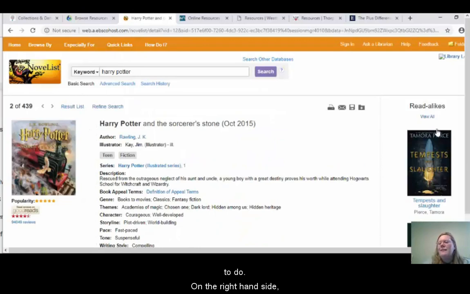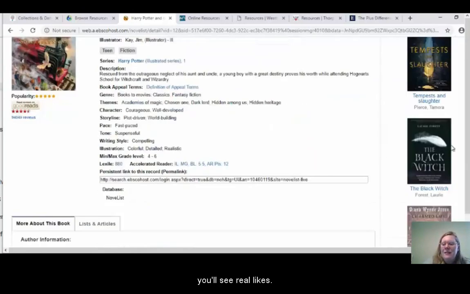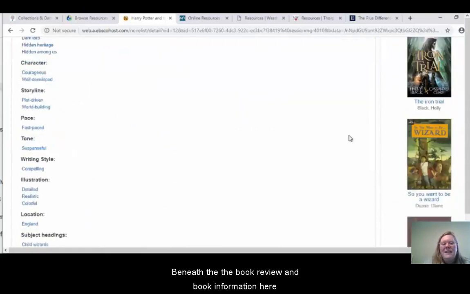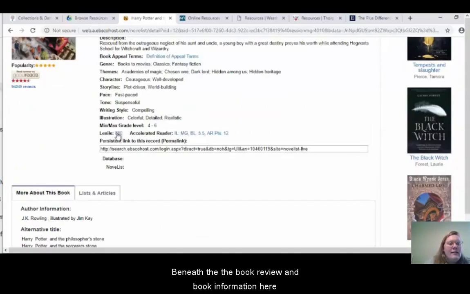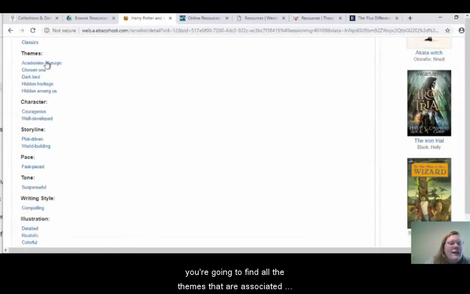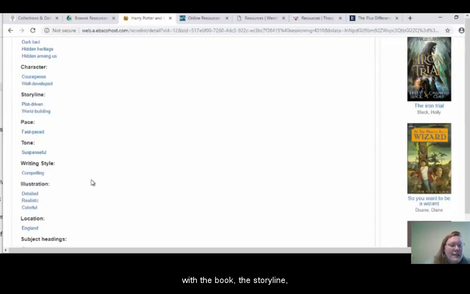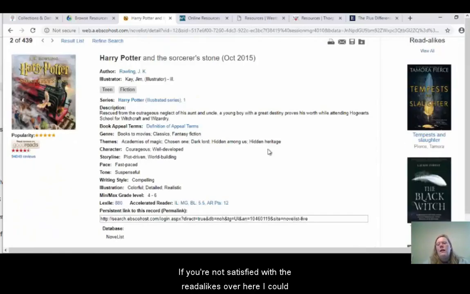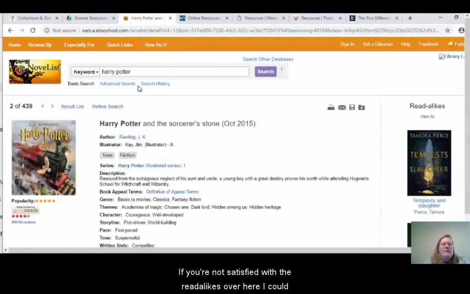On the right-hand side, you'll see read-alikes over here. Beneath the book review and book information here, you're going to find all of the themes that are associated with the book, the storyline, the tone, the illustration type in here, subject headings. Those are helpful if you're not satisfied with the read-alikes over here.